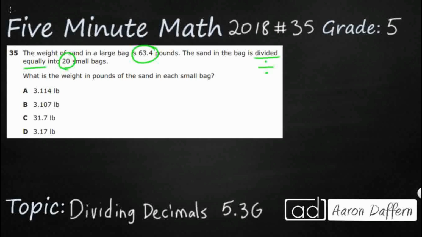our strip diagram here. If we look at our total, we've got 63.4. And what we need to do is break this up into 20 little chunks. I'm not going to draw 20 little chunks, but just pretend that this is 20 right here. Really we're just going to divide 63 by 20, but you know what we can do first? We can just go ahead and